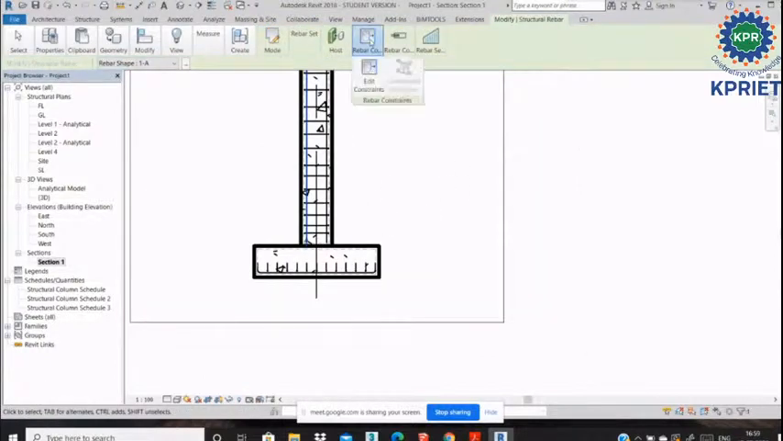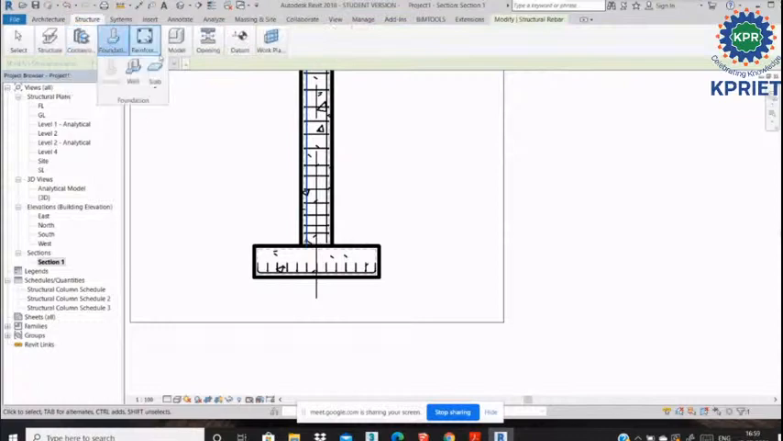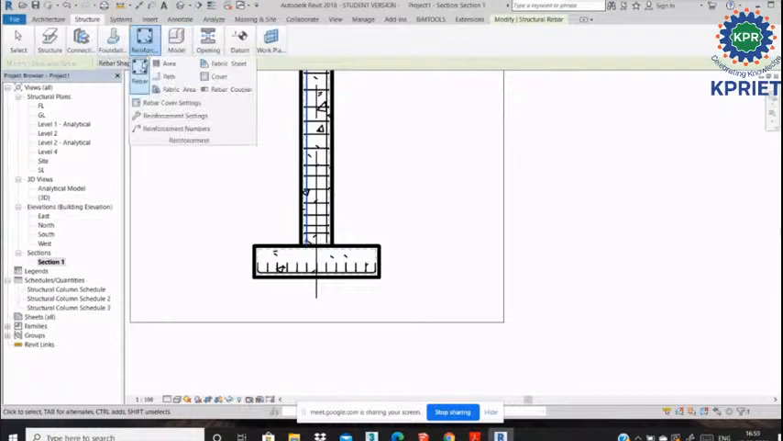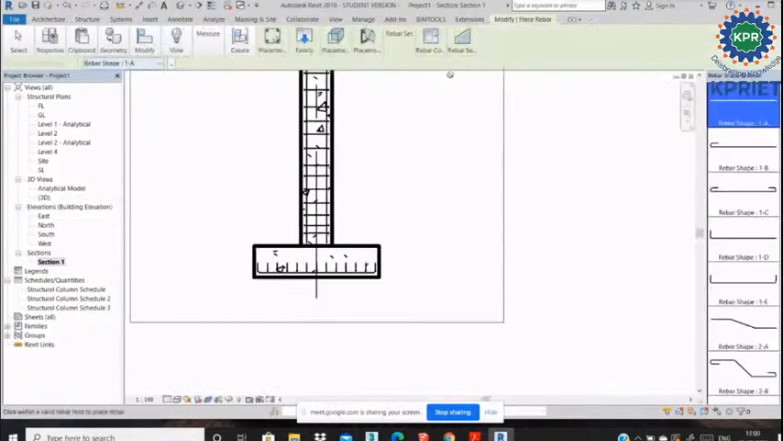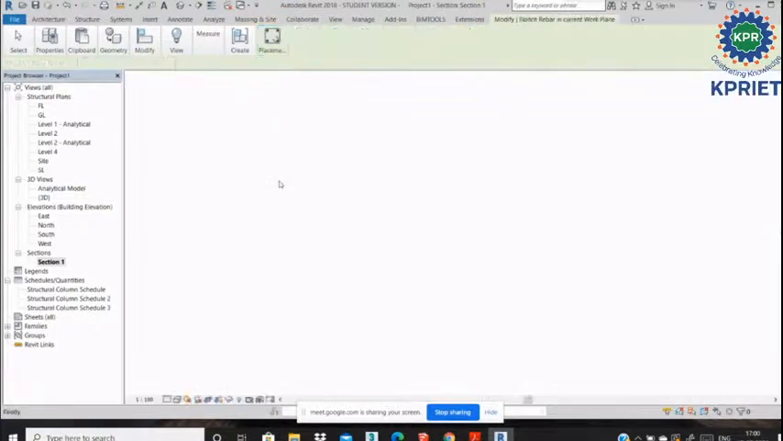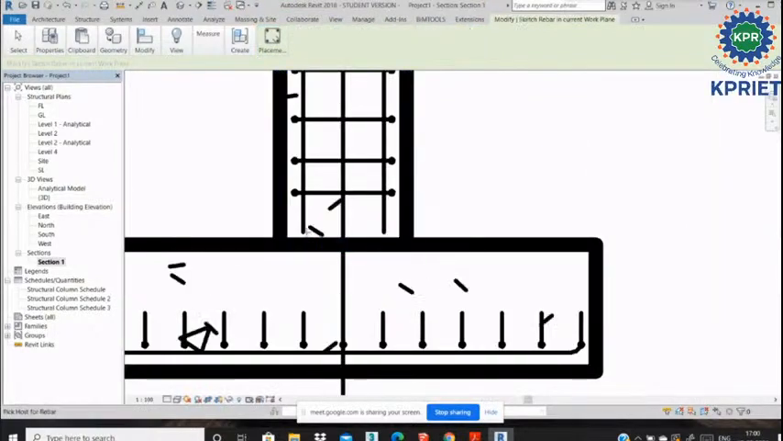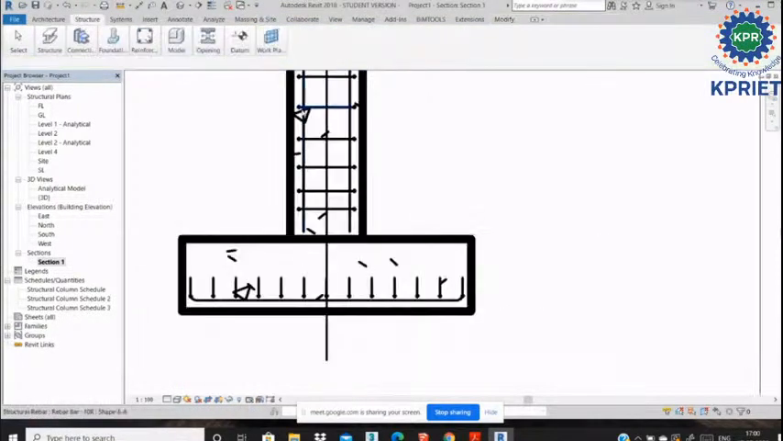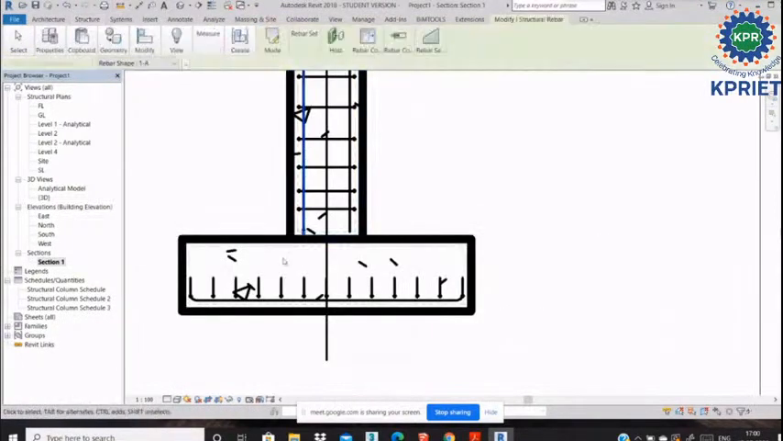Once again, some rebar shapes are there, right? Wait and see, sorry. Rebar, rebar sets, rebar cover, sketch rebar. This is the option. Go to Rebar, directly pick Sketch Rebar, right? Simply Sketch Rebar, then click this point, right? Click this point, sorry,